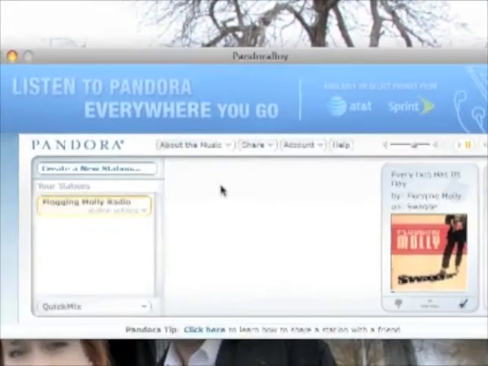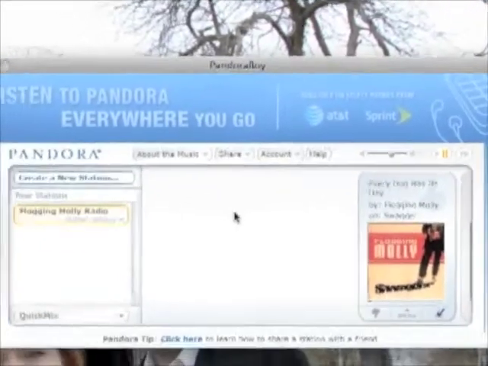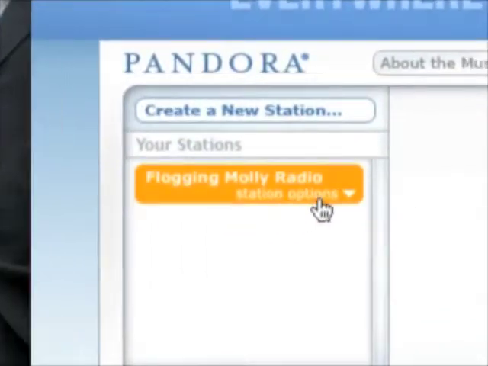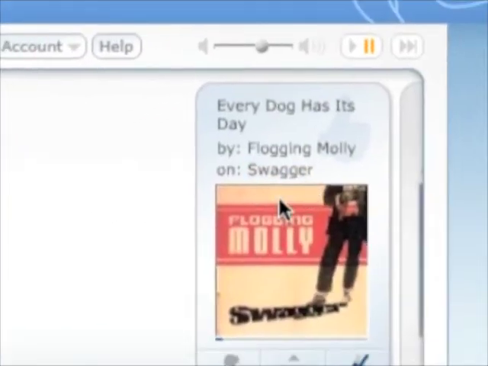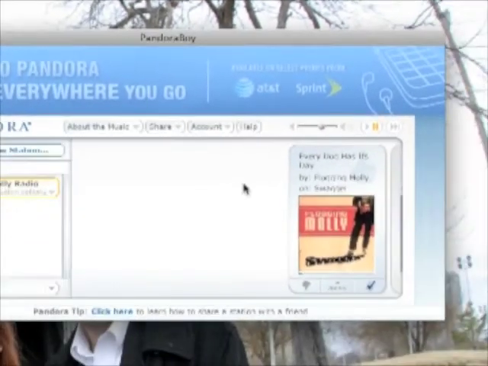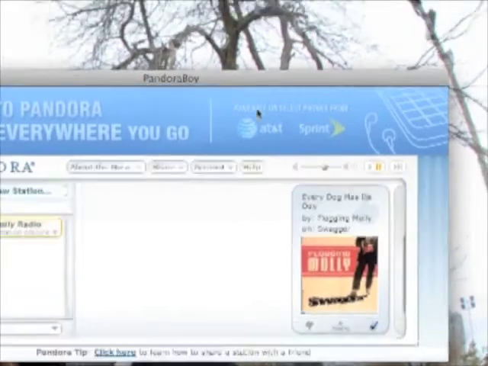And as you can see right here, it just looks like the standard Pandora skin with the blue color. And right over here you can see, just like on the website, it's pretty much the same exact interface, only it's in an application. The cool thing about this is that whereas the website can't really do anything with my other software, PandoraBoy,